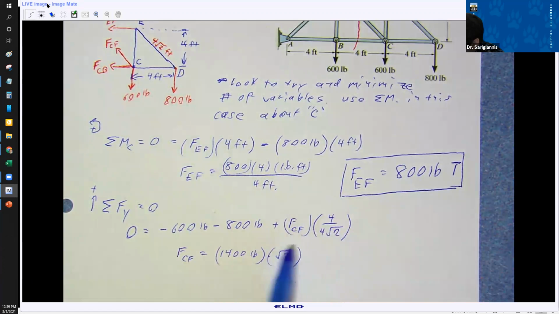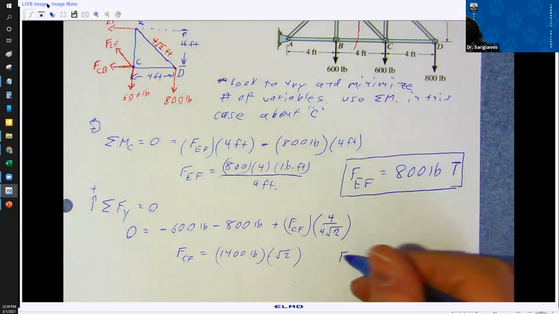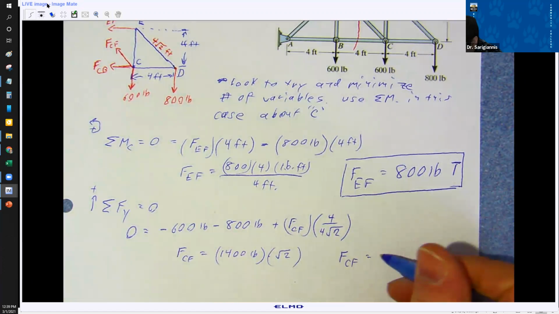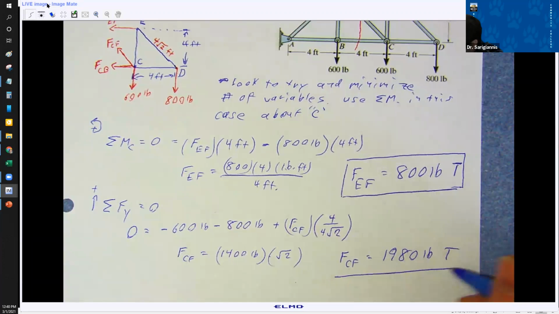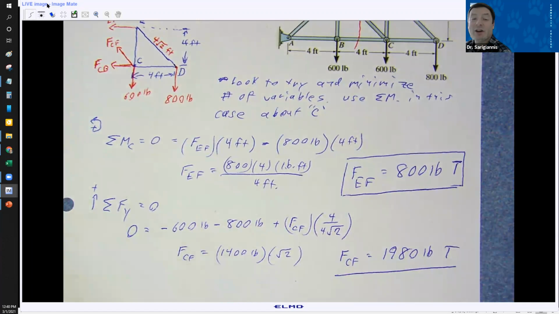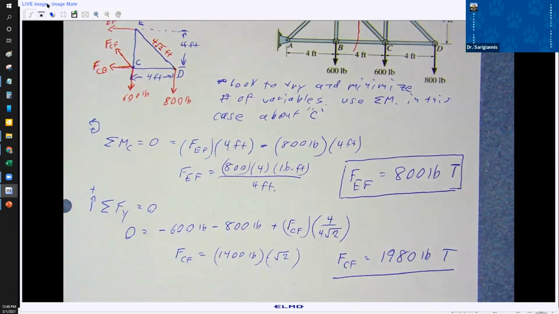These are in feet, they're just going to cancel. So now we've got FCF is equal to 1,980 pounds. And that is also in tension because we got a positive number, right? We assumed tension. We calculated it as if it were in tension, and we got a positive value. All right, last component,